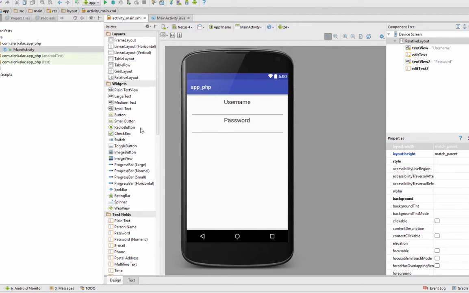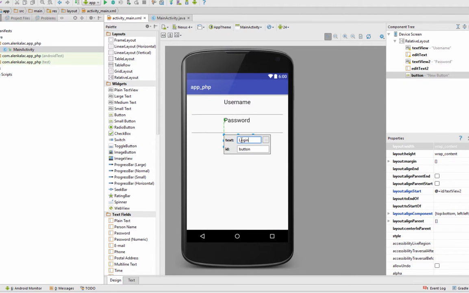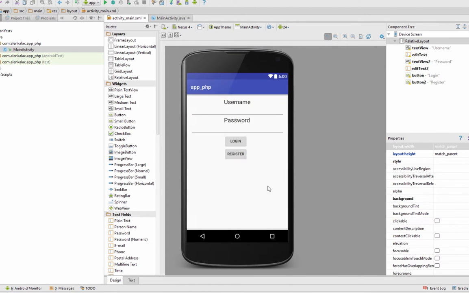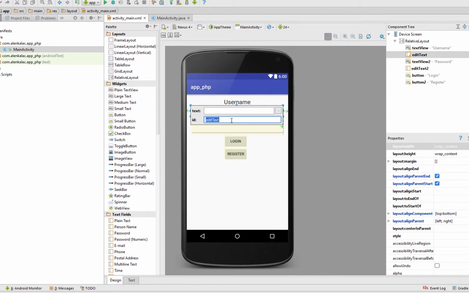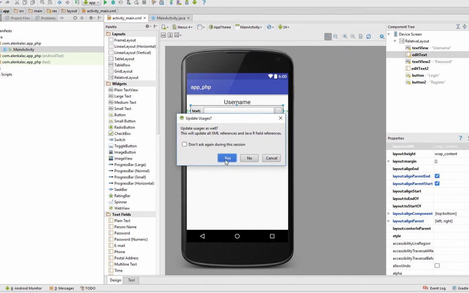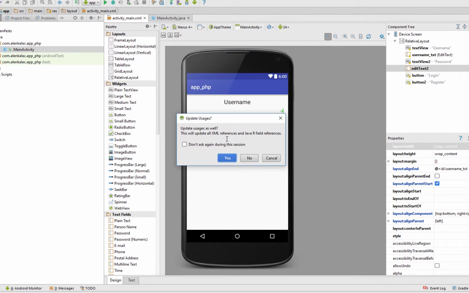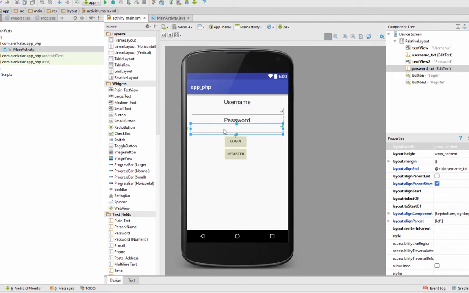Let's stretch it all the way across, and let's add a button here that says login, and we'll add another button that's gonna be used for registering if you want to support that functionality in your application. Okay, so we need to give IDs to these things, so let's call this username_txt, and the password is gonna be password_txt. Yes. Okay, now that we have them